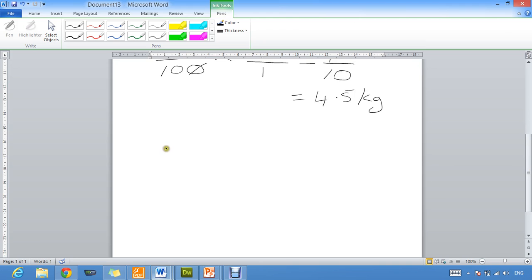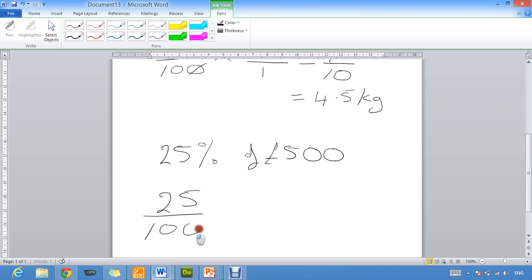Okay, so let's see if you can work out 25% of, let's say, 500 pounds. Okay, go ahead, pause the video if you want to, and then we'll come back and have a look at how to do this. Now remember, of means multiply, and the percentage always goes over 100. So you got 25 over 100, multiply by the amount,